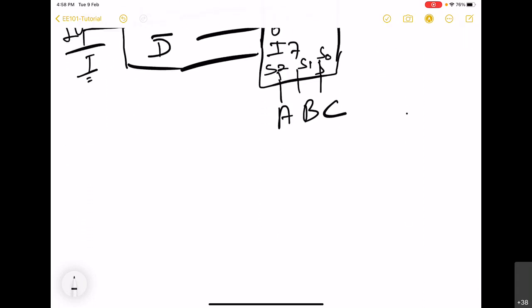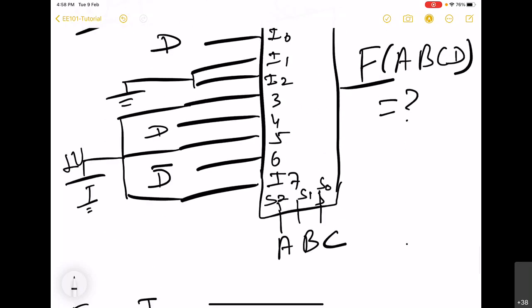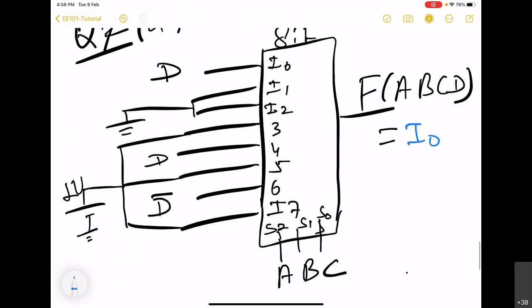We know that, in general, the output of a multiplexer is given as follows. The output is going to be equal to I naught if the selectors are 0, 0, 0. So basically, at any given moment of time, one of the inputs will be short circuited to the output depending upon the selector values.